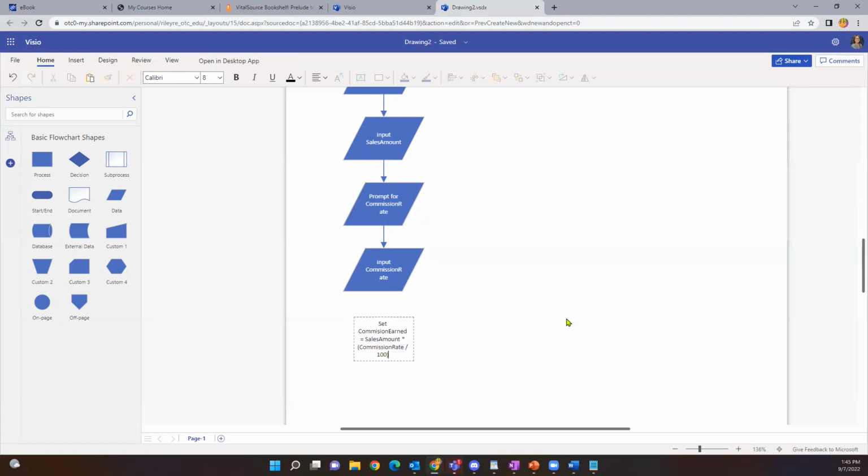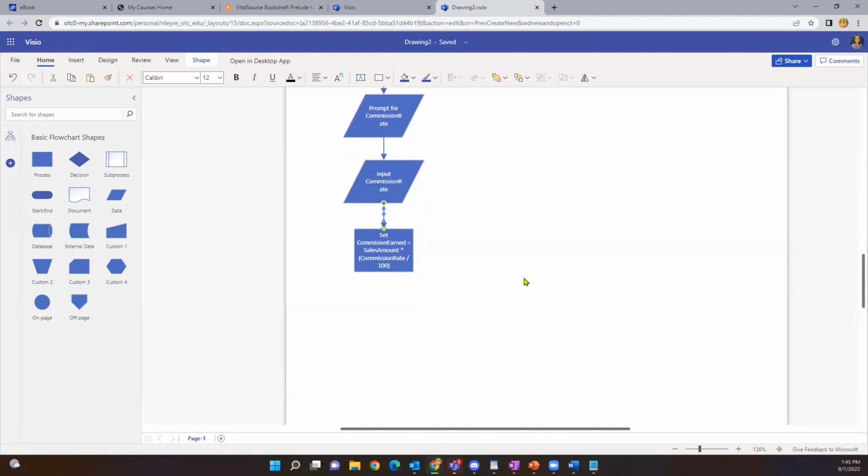divided by 100. Now you can see that some of our variable names are pretty long, so our flowcharting symbol gets a little wordy, but that's okay. We still want it to be accurate. Now that we've got our commission earned calculated, we can output that to the screen. So let's write commission